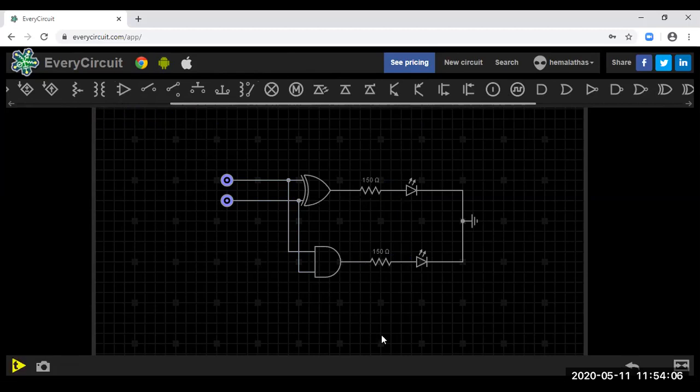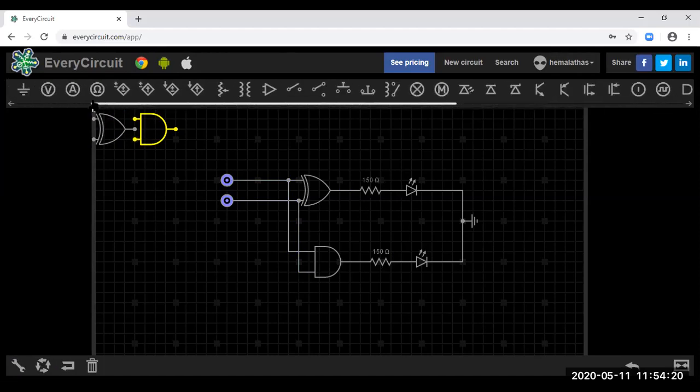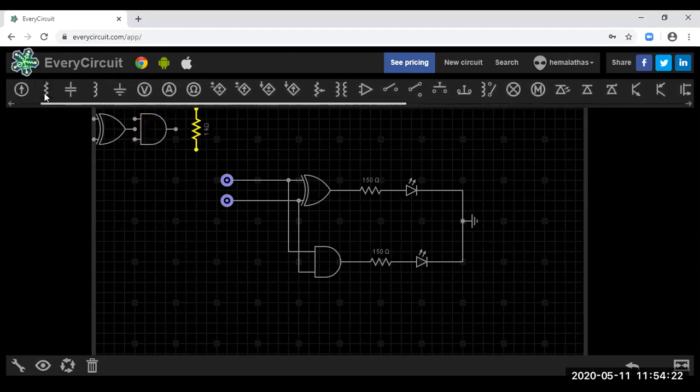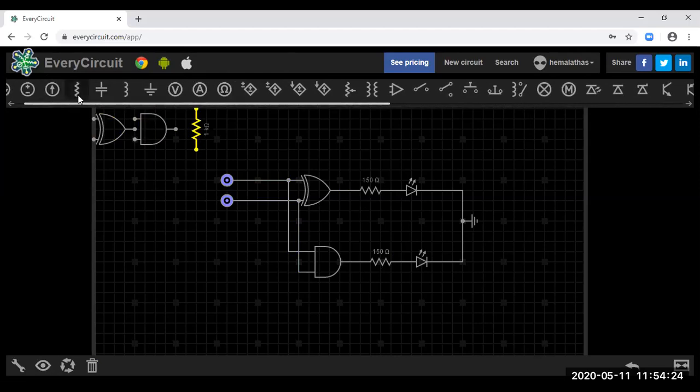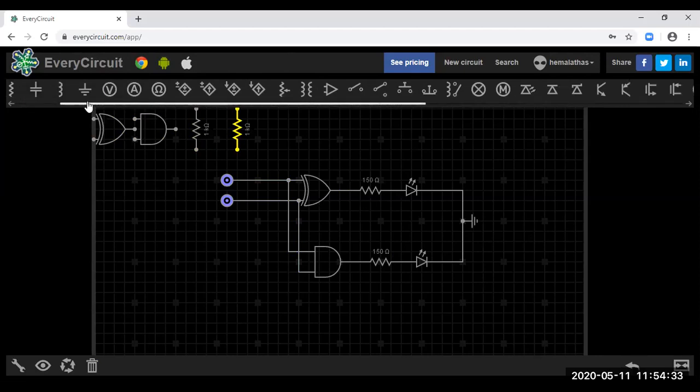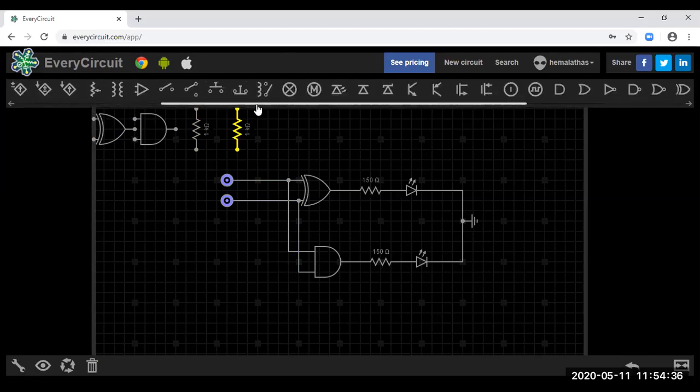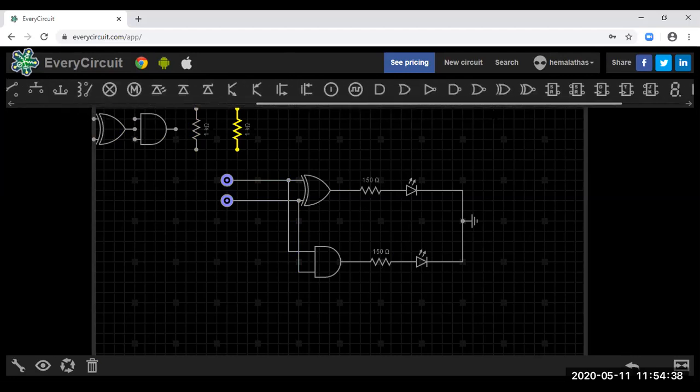So we want your XOR, we want AND gate, we want a resistor. Whatever elements we want, we can bring them to the workspace by simply clicking once. If you want more resistors, you can click more times to get them. And we require a LED.